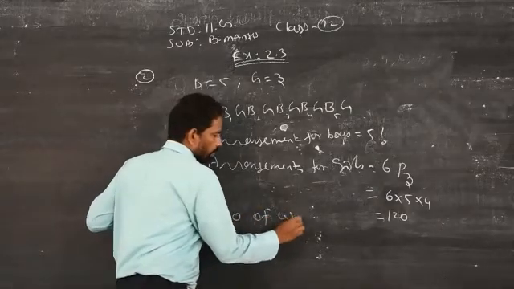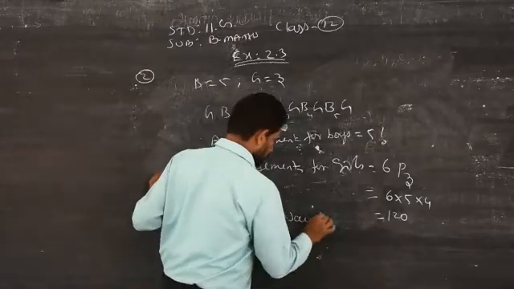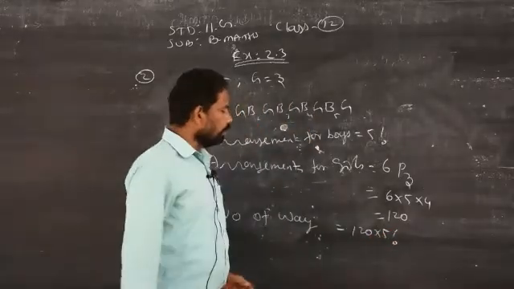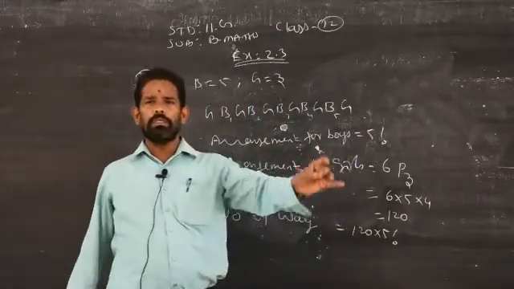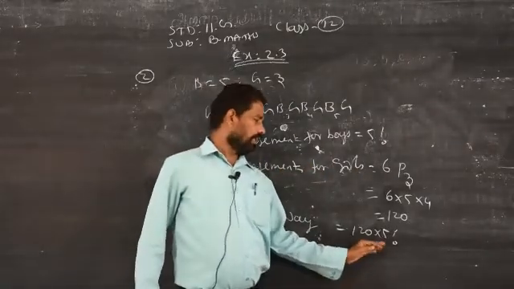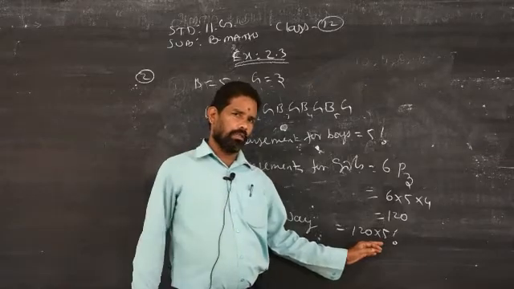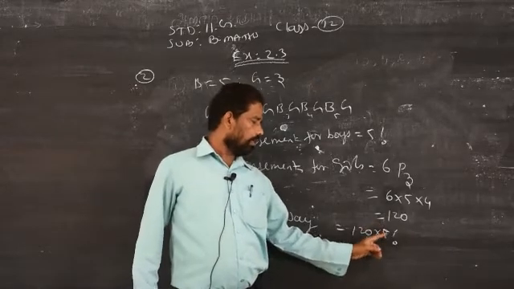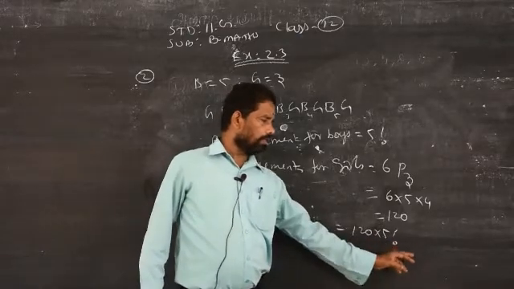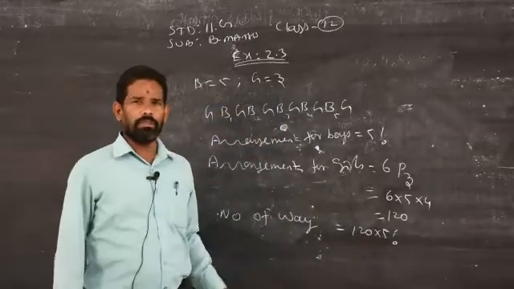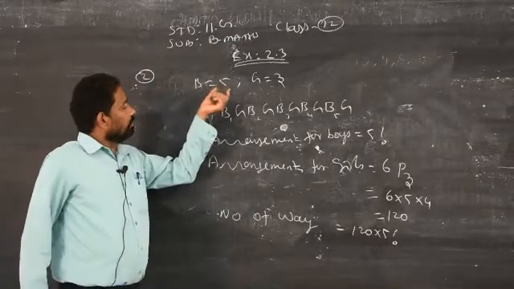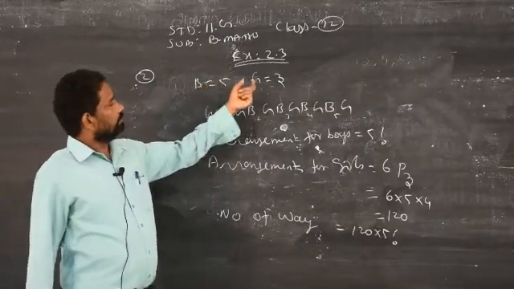So now you have to find the number of ways. Final answer, number of ways: 120 into 5 factorial. You know how to write 5 factorial: 1 into 2 into 3 into 4 into 5. Write it, then you multiply. Clear? You don't leave the answer as it is, because calculators are allowed to do the calculation. So therefore, you have to write 5 factorial. Next step, 120 into 1 into 2 into 3 into 4 into 5. Then you multiply by using the calculator. You will get the required answer. So be careful. There are 5 boys available, 3 girls.